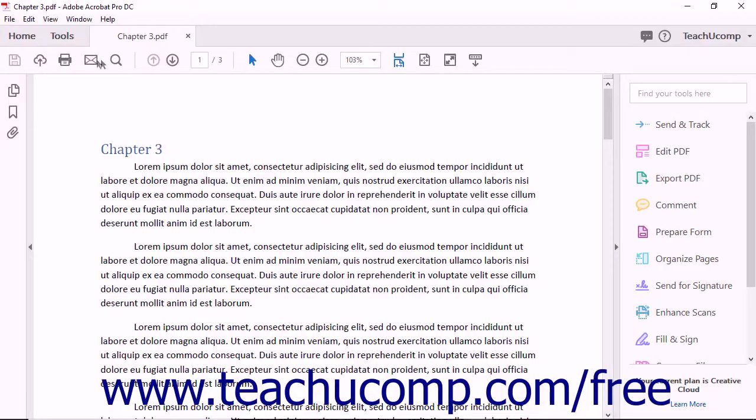www.teachucomp.com/free. The left end of the toolbar that appears under the Tab Documents bar in the Documents view contains the Common Tools toolbar. The Common Tools toolbar is a collection of commonly used buttons grouped by different button set categories. This lesson examines the default toolbar buttons that appear within this toolbar at the left end of the main toolbar